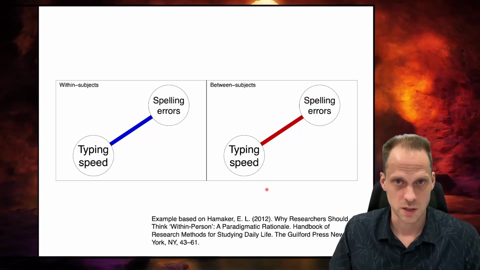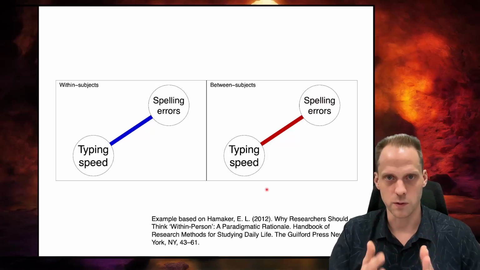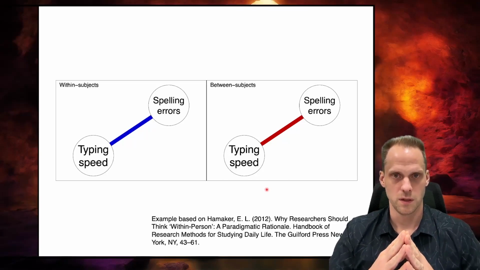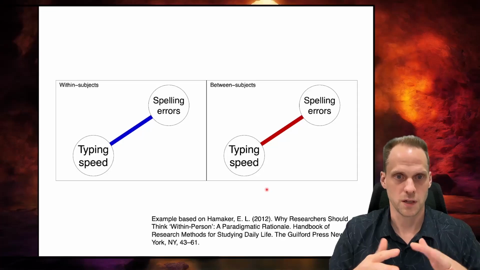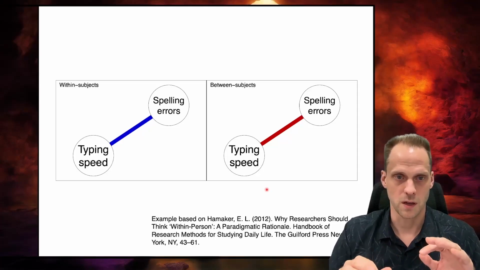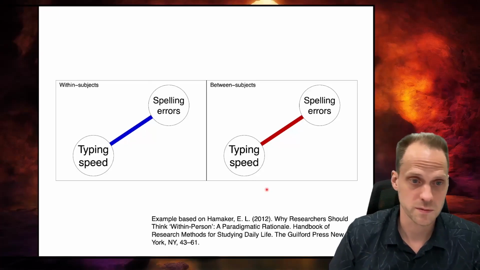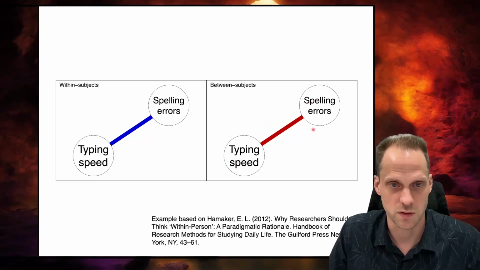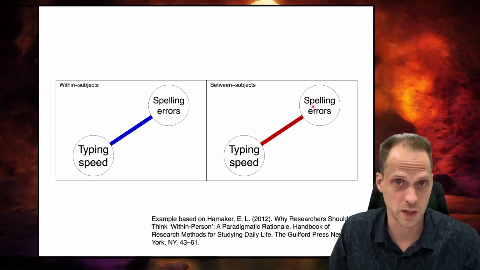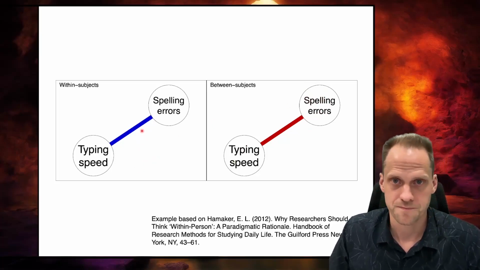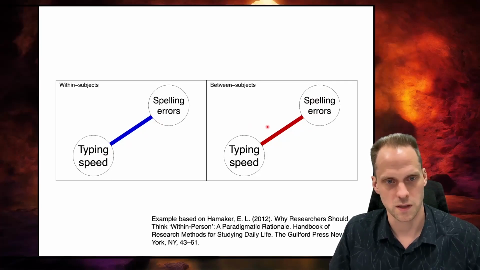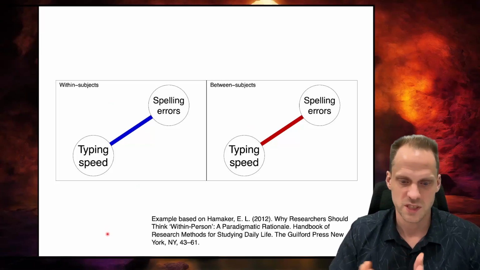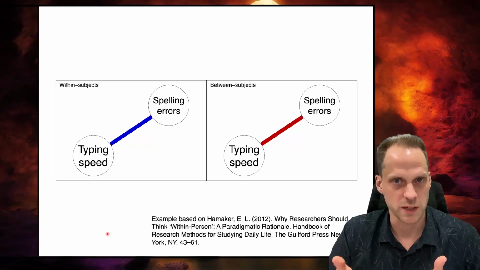I think it does, because people that on average type fast might be really good at typing, right? They might be professional writers, or the people in the courtroom that make notes. They have to do it every day, do a really good job there, and not make any spelling errors. And you might have people that are not experienced writers, and they just take a very long time to write. And because they're not experienced writers, they might also make more spelling errors. But this makes sense, right? It might make sense that you get different results at different levels. And some would call this paradoxical. It's not really paradoxical, because you can explain this.